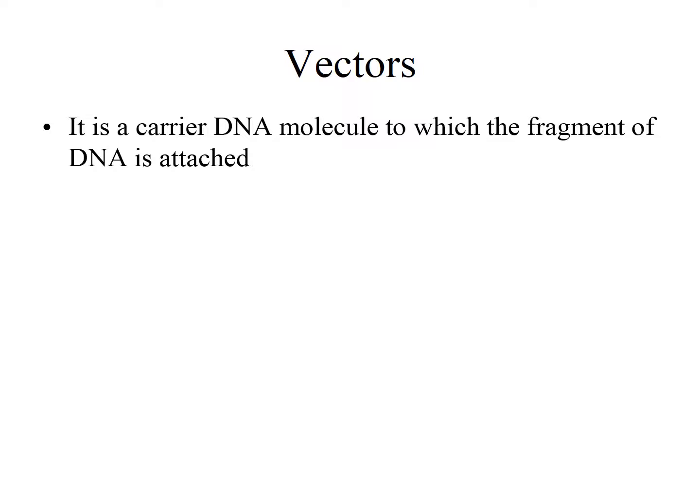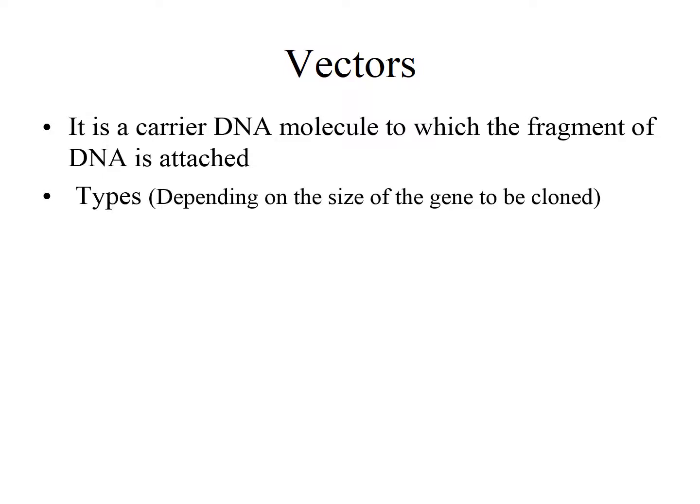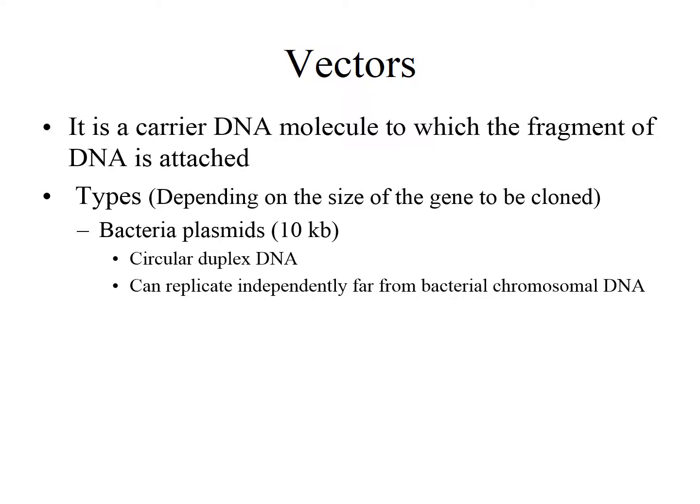Now, vectors. Moving on to vectors. What are vectors, what's the purpose, and how many different types are there? Now, a vector is a DNA which can carry the DNA of another source. It's a DNA of one organism or one prokaryote which can incorporate the DNA from another organism. Basically, there are different types of vectors depending upon how large a fragment you want to introduce. For a fragment of around 10 kilobases, which is the length of bases formed as a product of restriction endonuclease,